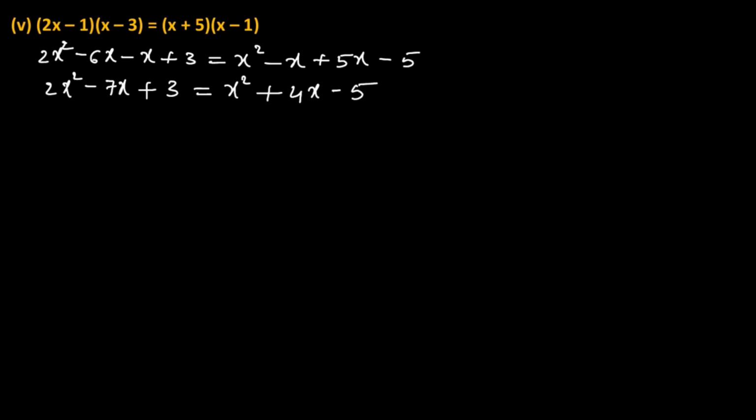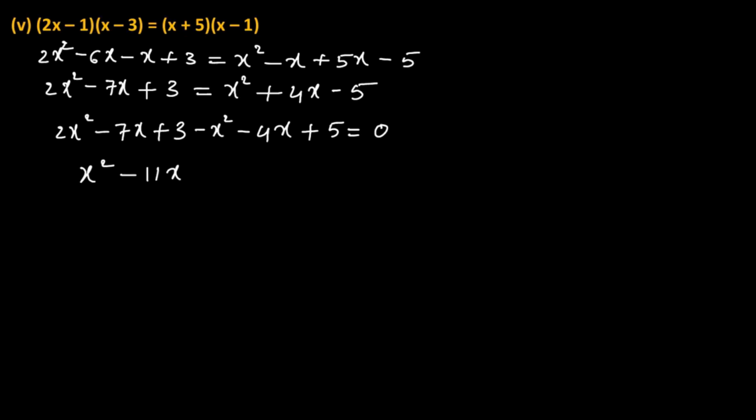Let us take all the terms to the left hand side. 2x square minus 7x plus 3 minus x square minus 4x plus 5 is equal to 0. 2x square minus x square is x square, minus 7x minus 4x is minus 11x, and 3 plus 5 is plus 8, equal to 0. So, it is a quadratic equation. Therefore, x square minus 11x plus 8